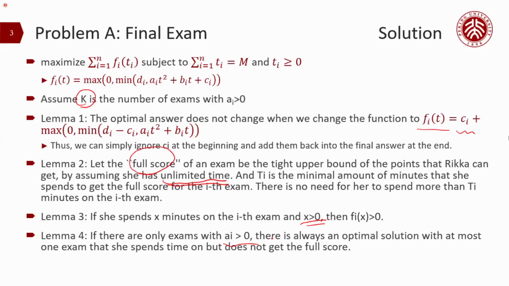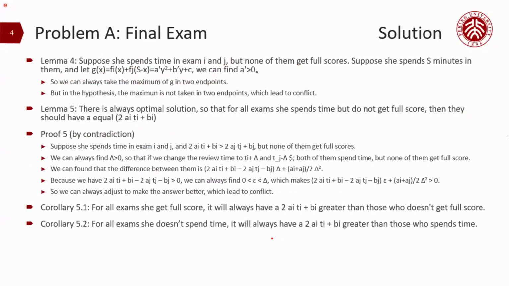an optimal solution with at most one exam in which we spend time but do not get a full score. There are some proofs, but you do not need to look at the details. I will show you a few outlines. For example, this number 4 analyzes the property when we have 2 exams, and we spend s minutes on both exams and what we get. And then we can also analyze that at the optimal solution, for all the exams in which we spend time but do not get a full score,